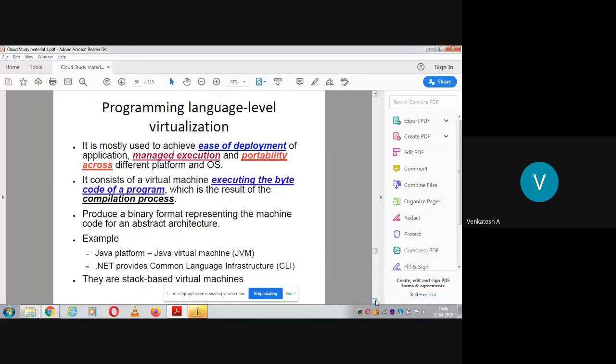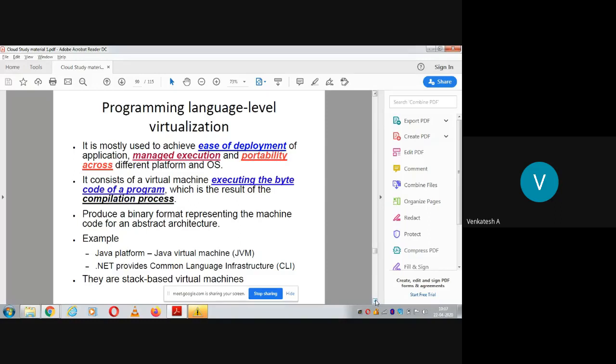By default, if you write any Java program, you can claim that your program supports programming level virtualization. When you go to Macintosh, there is a JVM by default. When you go to Linux, there is a JVM by default. And even in Windows, there is a JVM by default. These are the three important types of operating systems we usually use. In either case, there is a JVM by default. Therefore, the moment you write a Java program, you can always claim that it supports